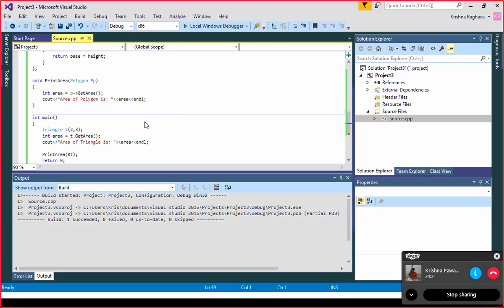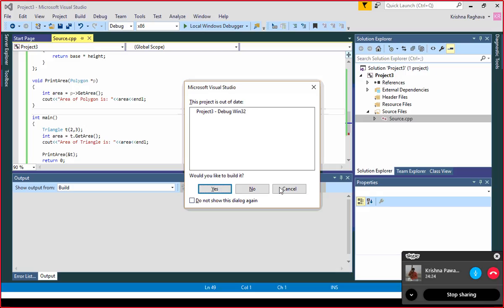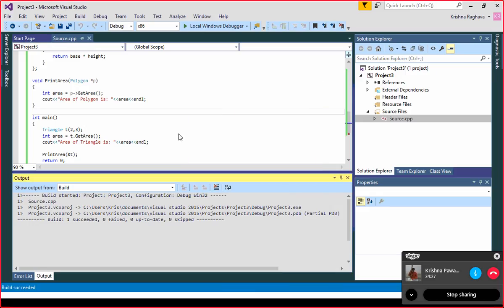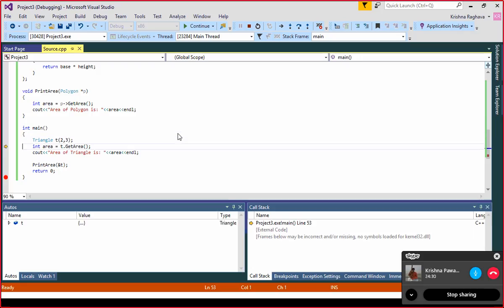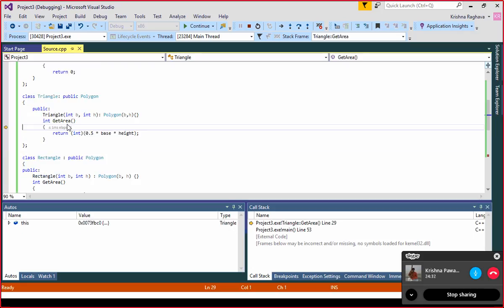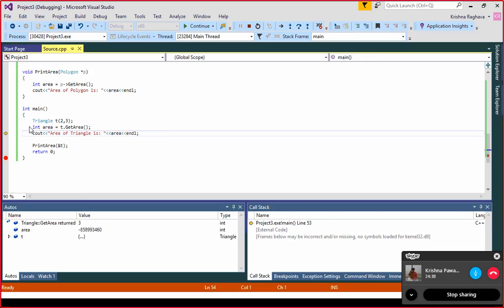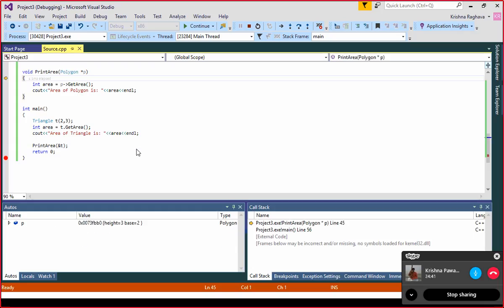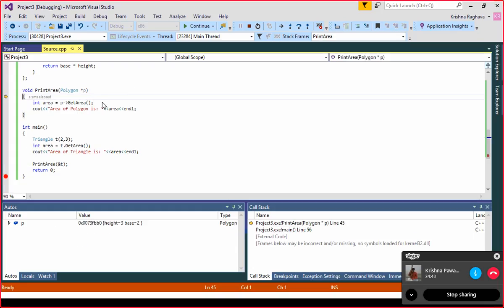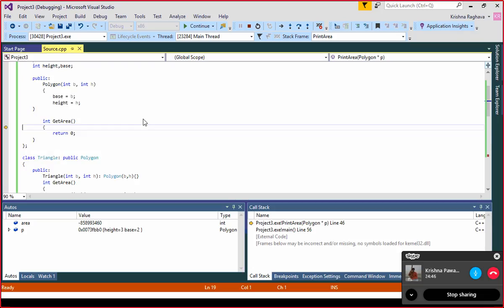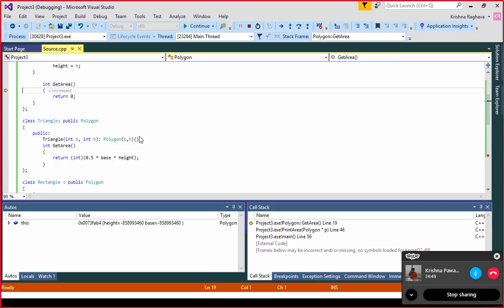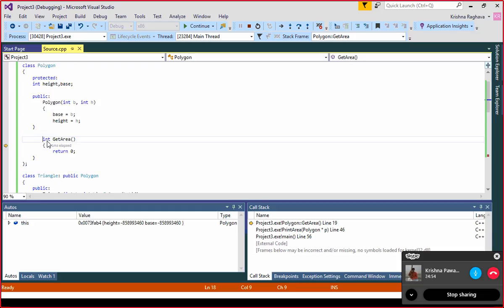Okay, now let's see why it is giving 0. So we saw that this goes inside triangle get area, and then this returns 0.5 base into height, and then area is 3, and then it is printing 3. Now in print area, it goes there, and then it is calling get area here, but you can see it's not going to triangle get area. It is not going to this block at all. It is going to polygon's get area,